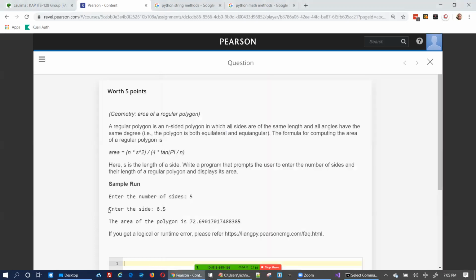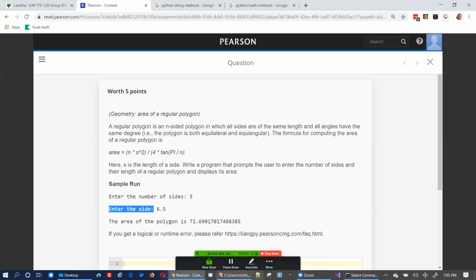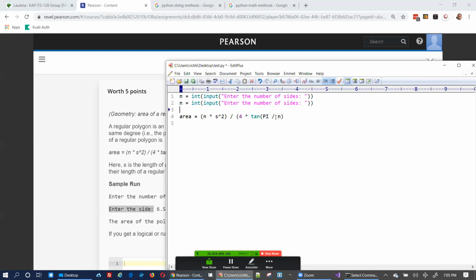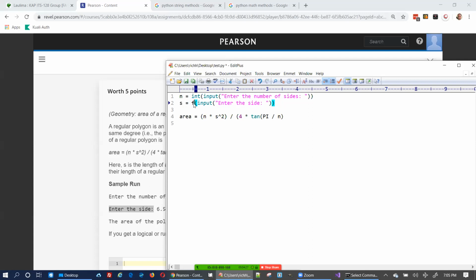And what is this? Enter the side, which is the length, but I'm going to do it exactly the way it says here because I want to make sure I get all the points. Enter the side, and this is going to be s, and this is going to be a float, so you can have a decimal point. And then I'm going to do this calculation here, which is n times s to the second power, which is actually just s times s. I'll just put s times s. And